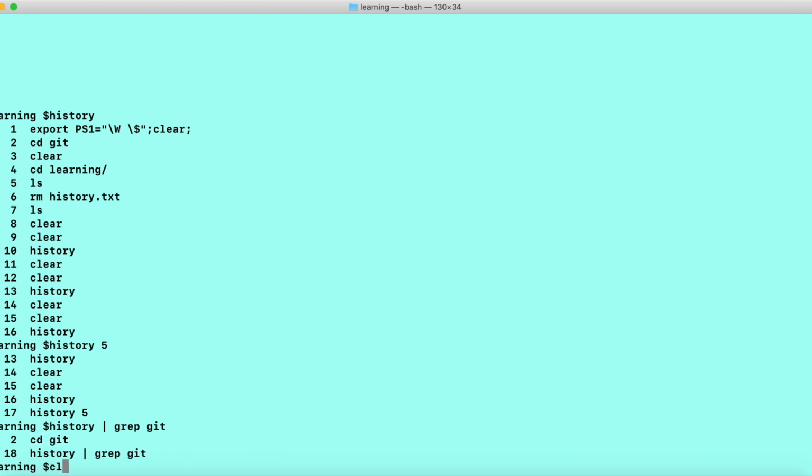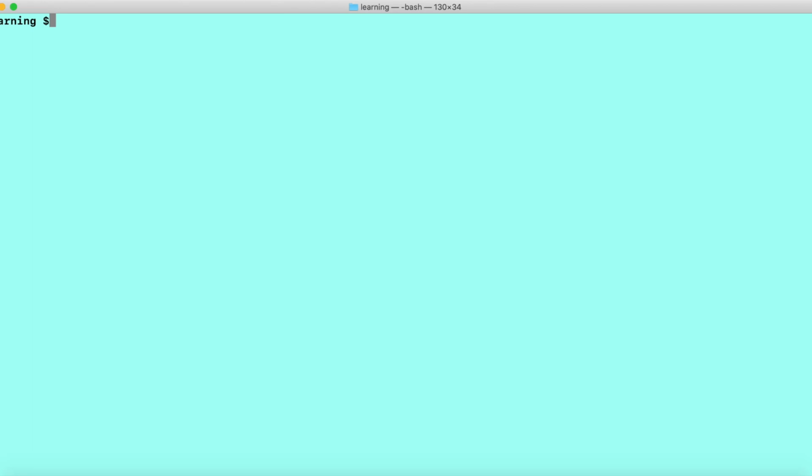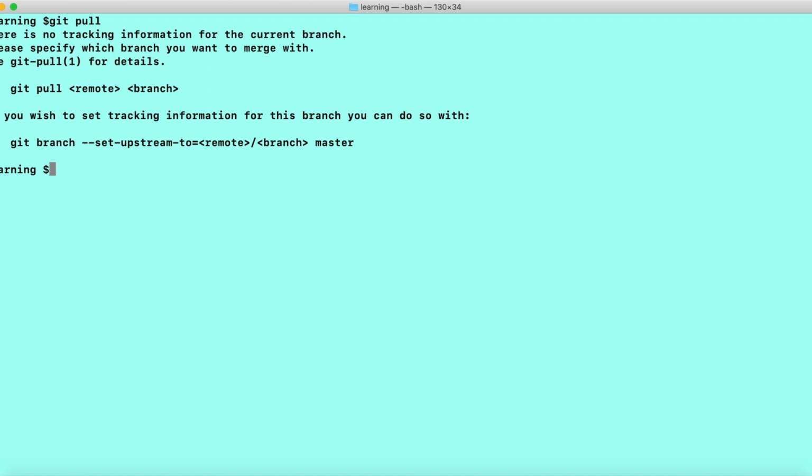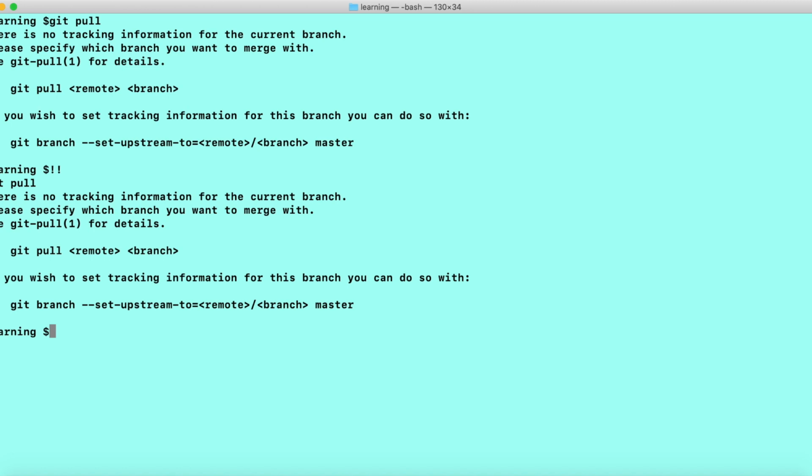So similarly, let's clear it out. So again, let's say somebody has executed the git pull command, right? So we are getting some error, that's fine. Let's say you want to run this command again. So what you have to do is go to the history, or scroll up, and then you can run that one, right? Instead of doing that, there is another way. How can you run the same command? For that we use the exclamation sign. So you can type double exclamation sign, and then you can enter. So the previous command will automatically execute using double exclamation sign.